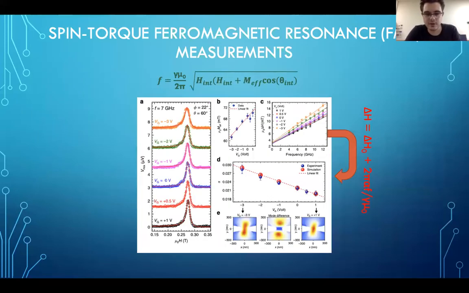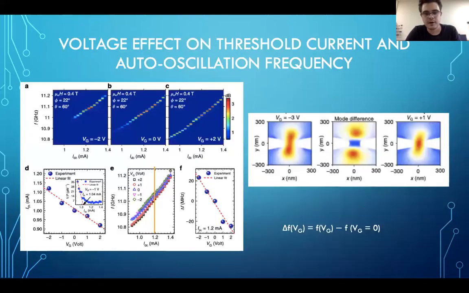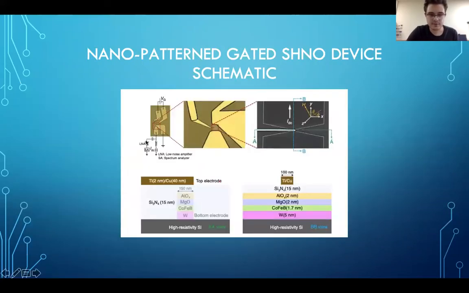Now we can talk about the methodology behind that. How do they measure this frequency with the color bands? They measure it from the bottom contacts, as you can see from here. They send a DC current